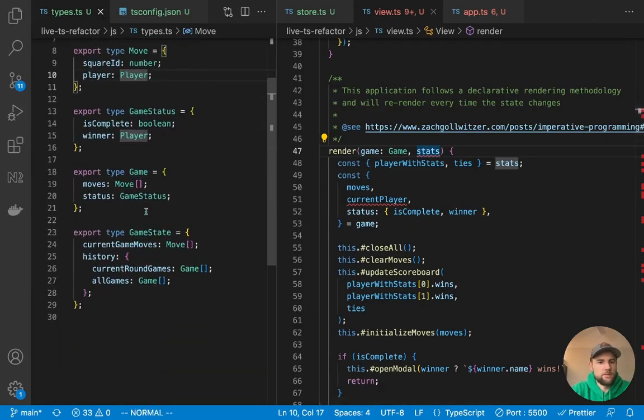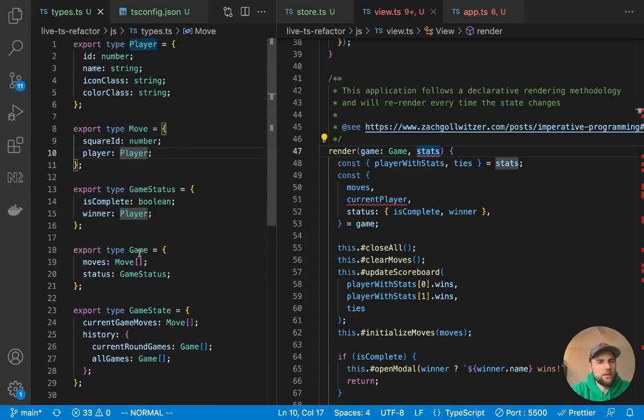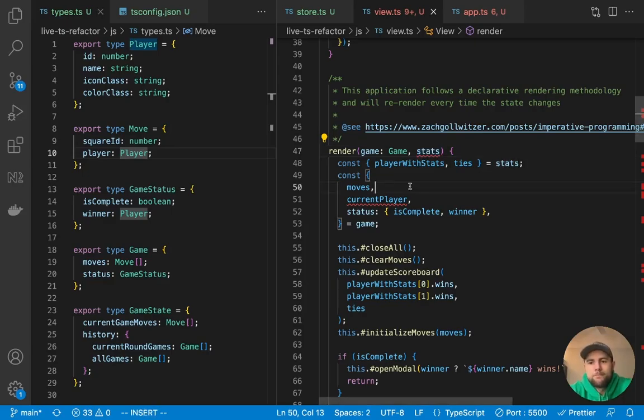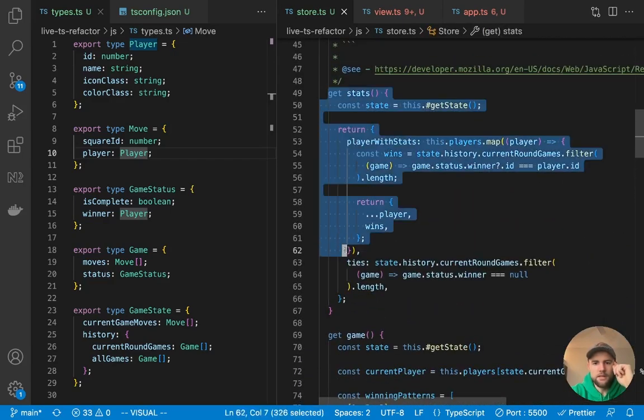So we need to do stats, where I don't know if we have typed that yet. Okay, so in my final copy of this that you'll see on GitHub, I've used a slightly different strategy. So we do not have a type already defined for stats. If we go to store.ts, the object we're looking for is this one.